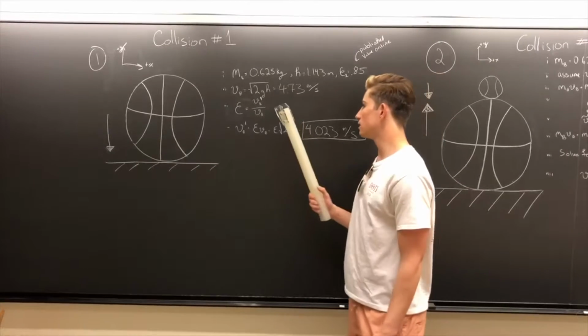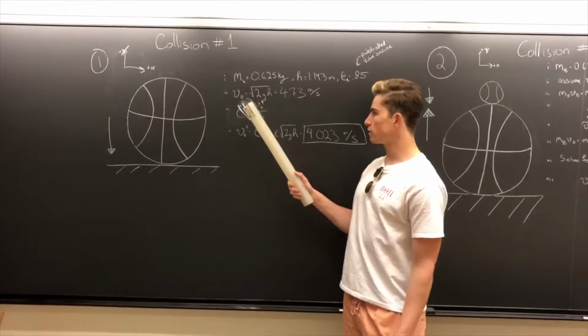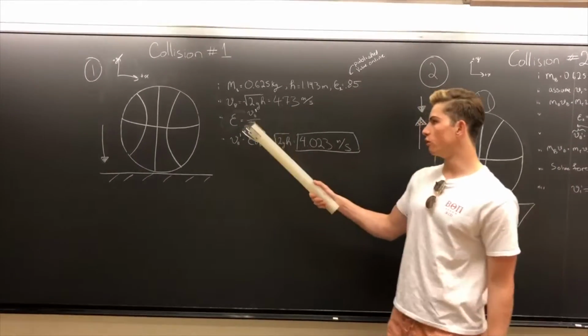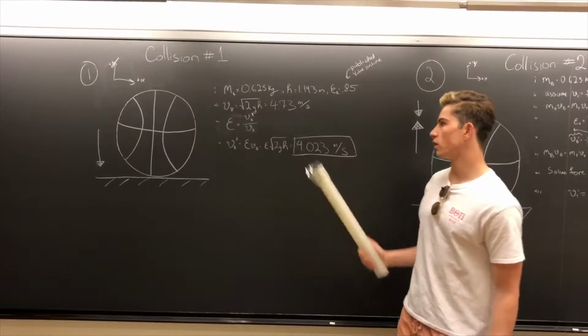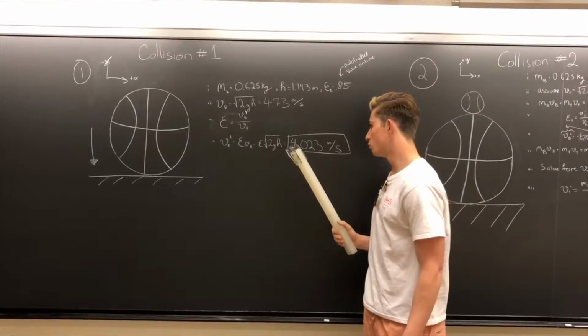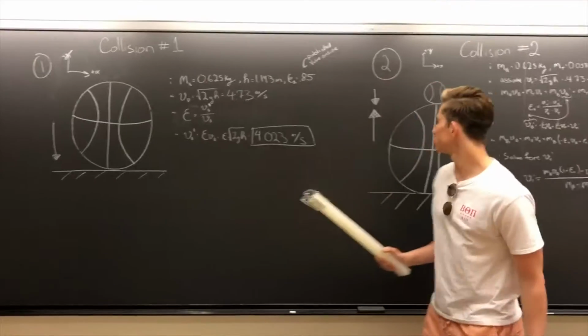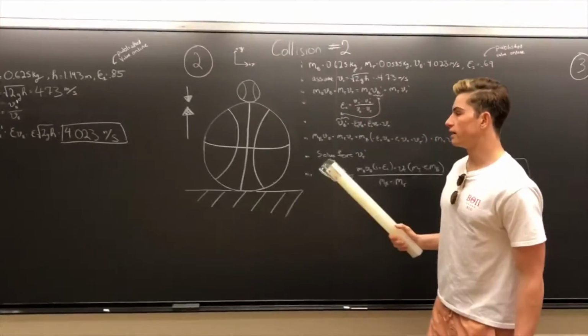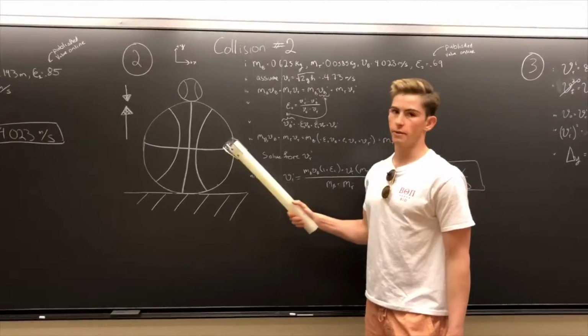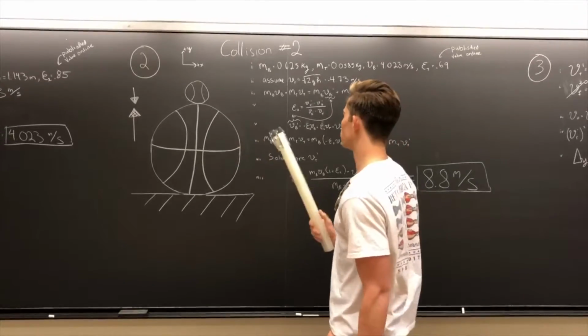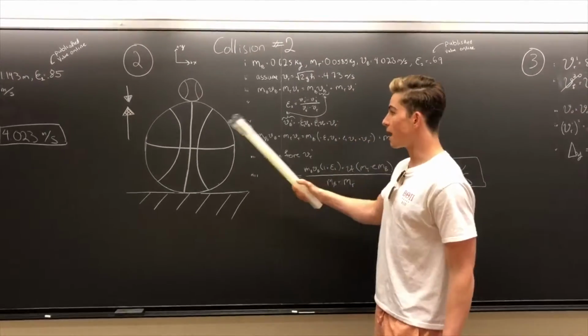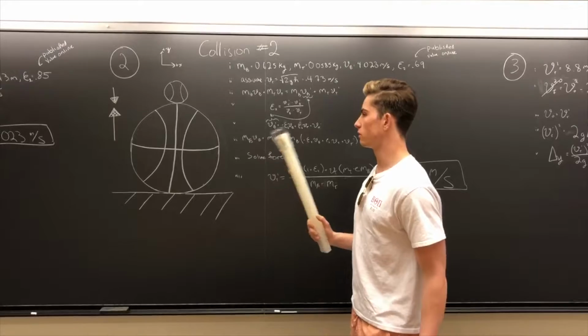There we can find the velocity of the basketball just before the collision, and using the coefficient of restitution, find the velocity of the basketball after the collision, which is 4.023 meters per second. And that is used as the initial velocity of the basketball for the second collision. And here we know the mass of the basketball again, the mass of the tennis ball again,